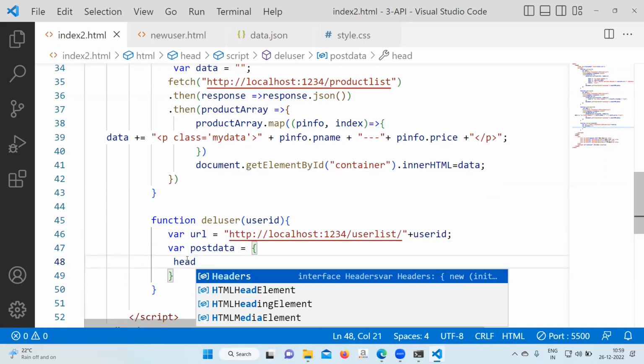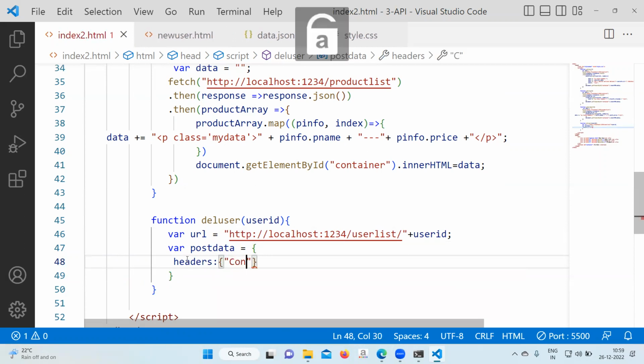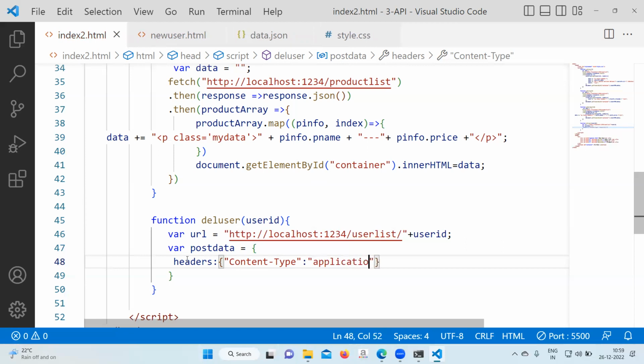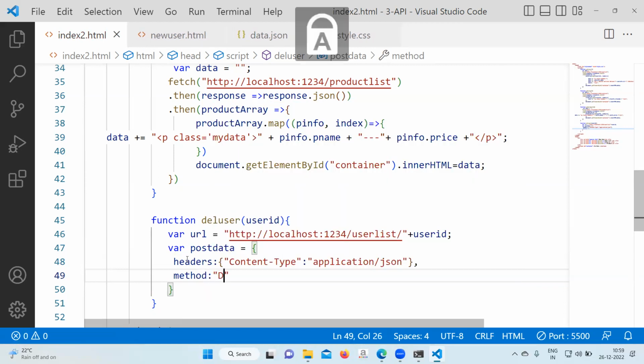headers again. Content-Type, then application/json. Then method: delete. Next,